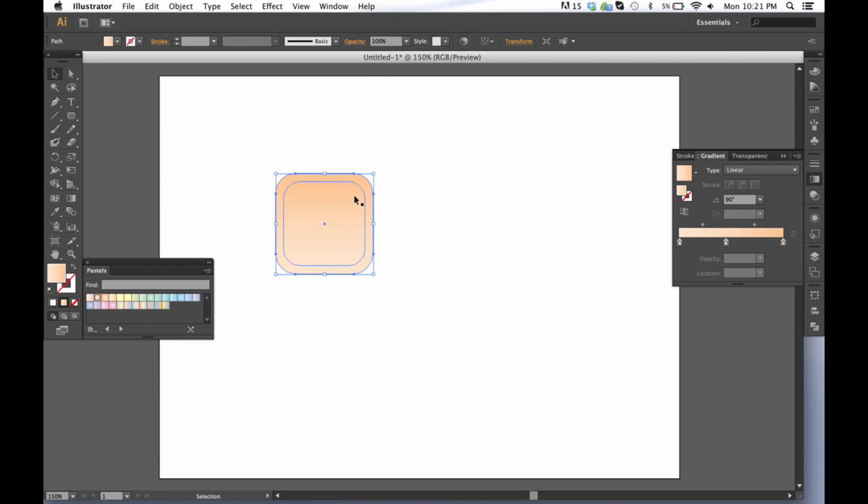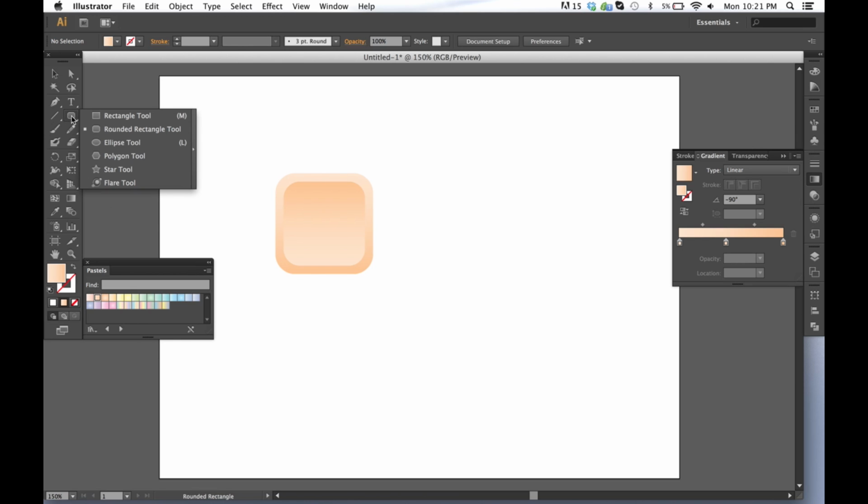And now I'm going to take the larger rectangle and change its gradient so it's running in the opposite direction of the smaller rectangle. 270 degrees? Okay, never mind, that doesn't work. I'm kidding, negative 90 degrees, right? Because it goes from 0 to 180 and then it goes into negative 180. Okay, so now that my button looks like this, I'm going to go ahead and start making the little robot